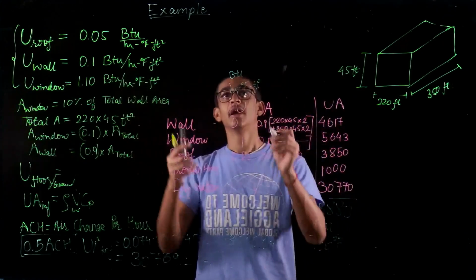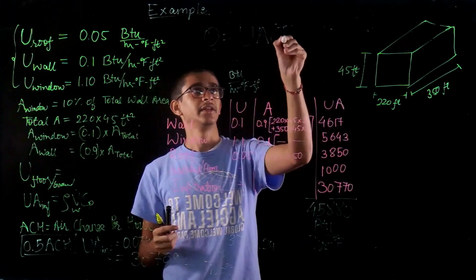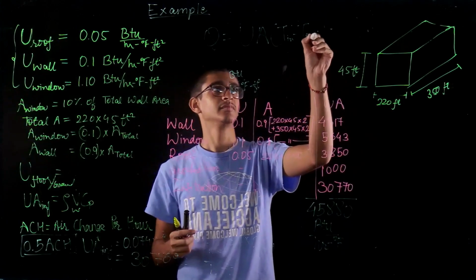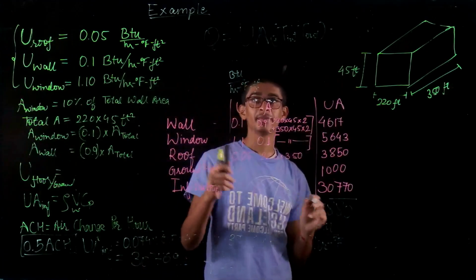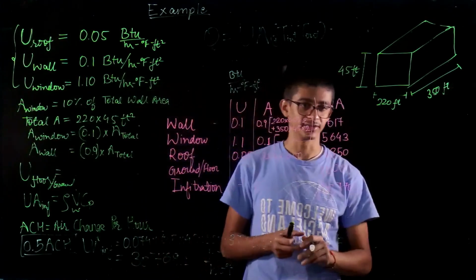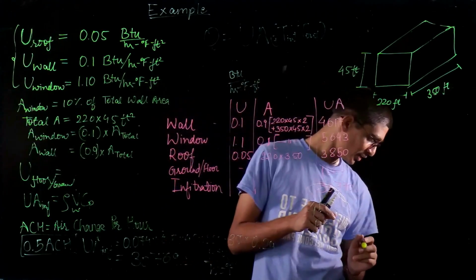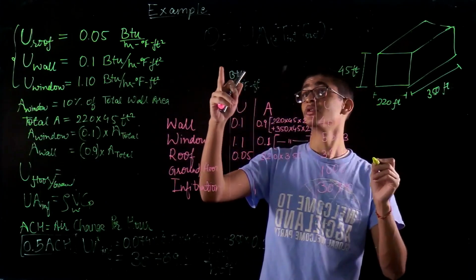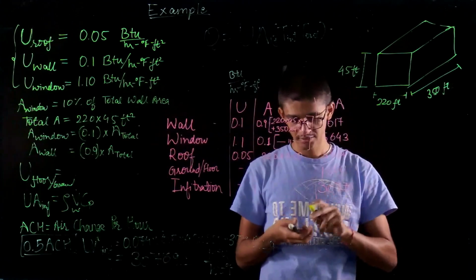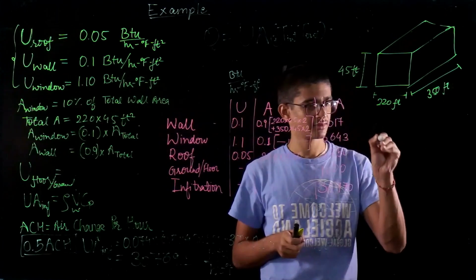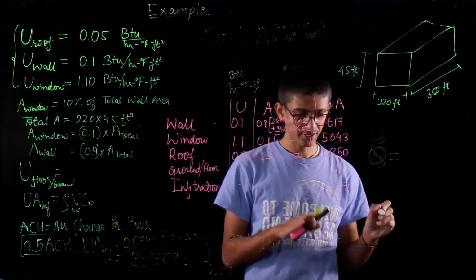Now we just need to use the standard expression, which is Q is equal to U A times T in minus T out, or the other way around. This could be plus or minus. That completely depends on what the condition is, whether it is a heat gain or heat loss. Okay. So now let's do the calculation. My U into A into delta T. So total U into A is